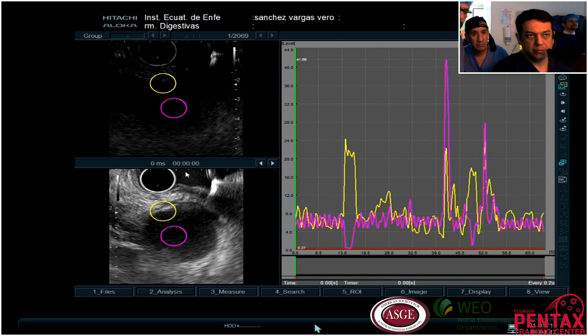We can see here how the captation of the contrast was during this period of time, and we can see also the hypercaptation area in one moment. Esta es la que está más ancha. So this can give us some ideas.